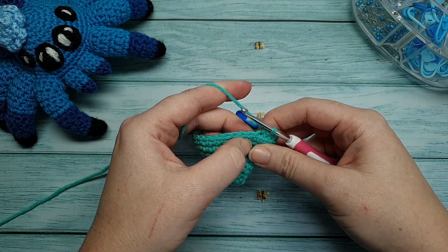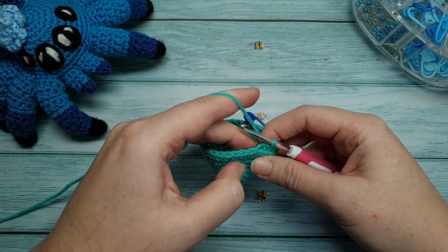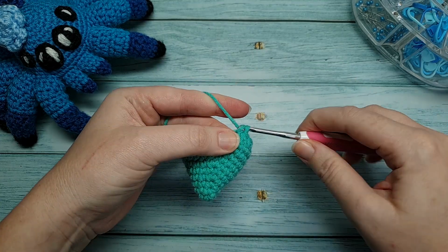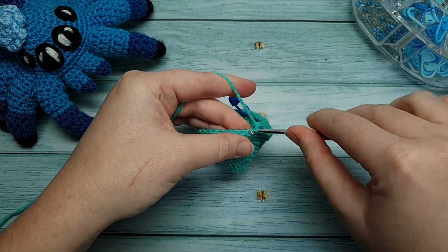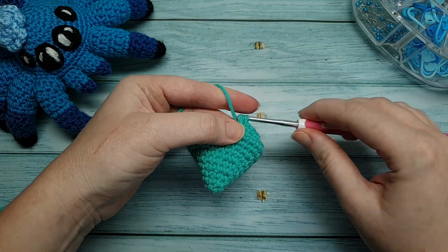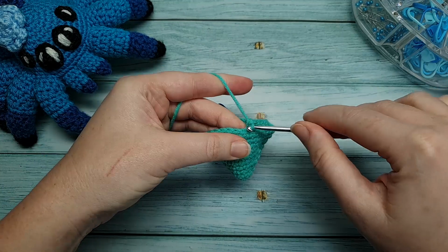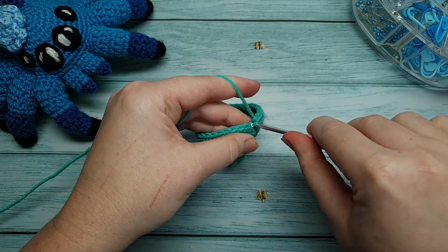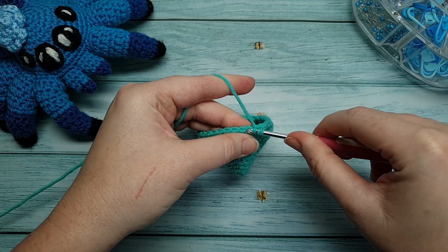Round 11 continues with 6 single crochet, then a single crochet 3 together done twice, and we're still working in the back loops only. 1, 2, 3, 4, 5, and 6. Single crochet 3 together, go into the next back loop, yarn over, pull through, go into the